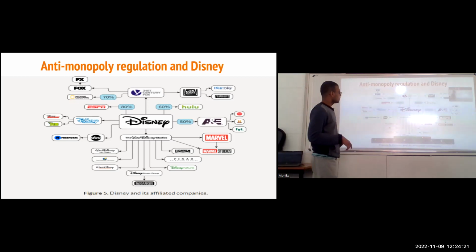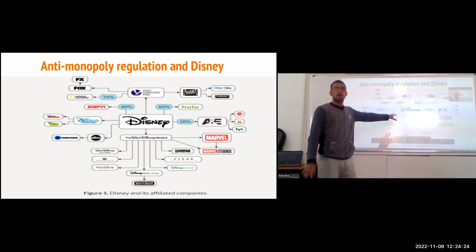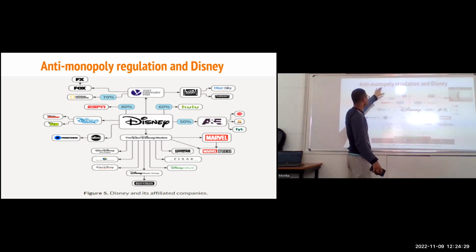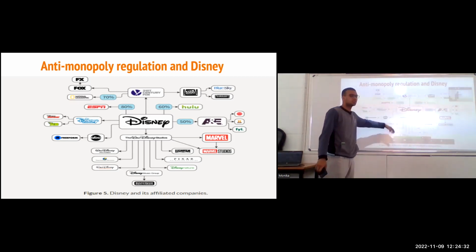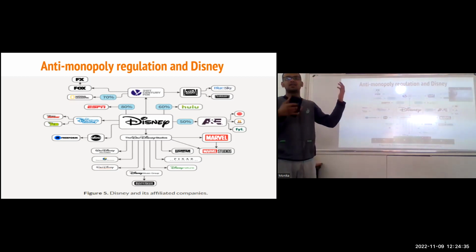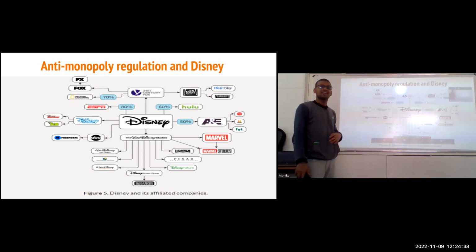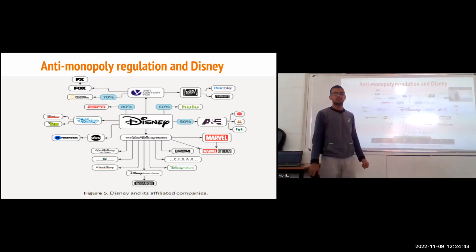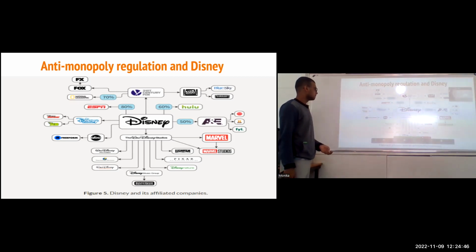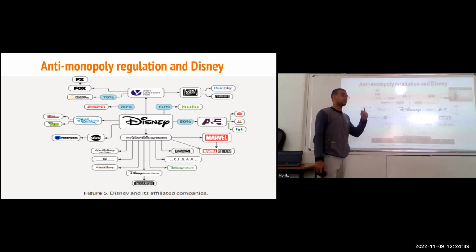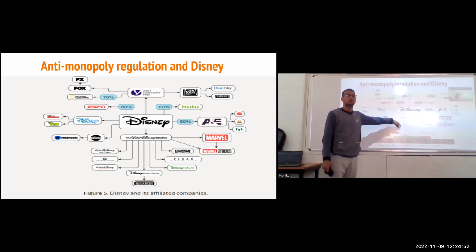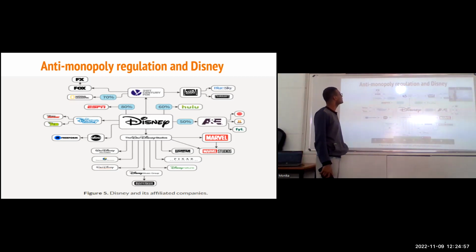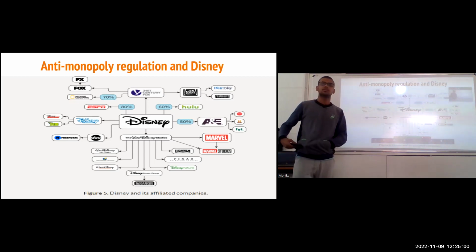So Disney was a big monopolistic firm. It had everything merged, many of the things that all these companies wanted to broadcast. It took a lot of it, and then it took much of the power in its hand, and that's how it accumulated a lot of wealth. And all these companies went into loss, and it was also charging higher prices for the people who wanted entertainment. So what the United States government did is basically enforce anti-monopoly regulation, where it actually